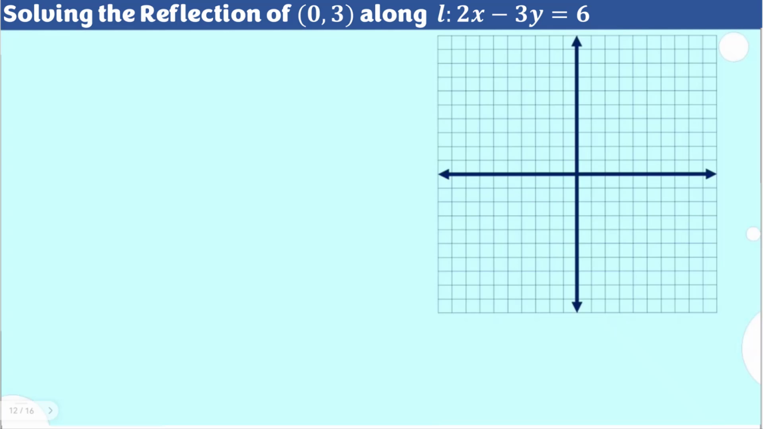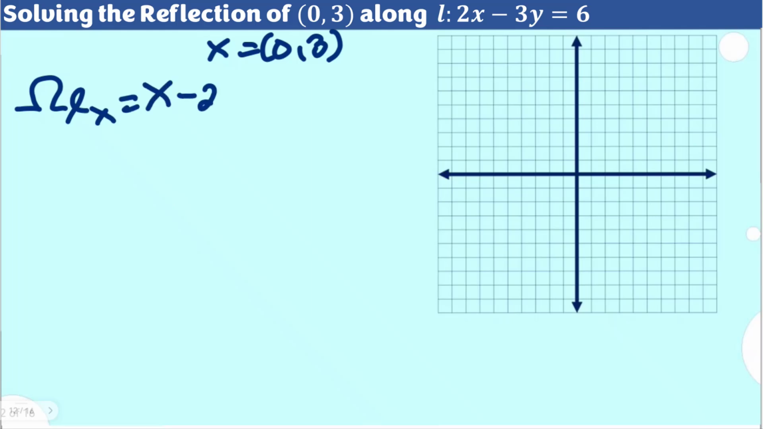Let's identify the reflection of point (0, 3) on line L described as 2x minus 3y equal to 6. We know from the previous video the formula for the reflection of a point x. If x is equal to (0, 3), the reflection along line L is x minus twice the inner product of (x minus p) and the unit normal vector, times the unit normal vector. So again, x is identified, but in this case, p and the unit normal vector are not